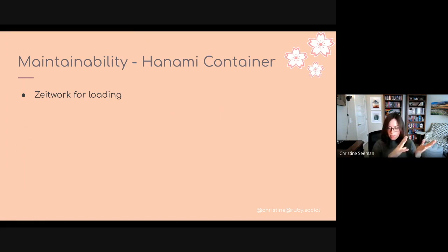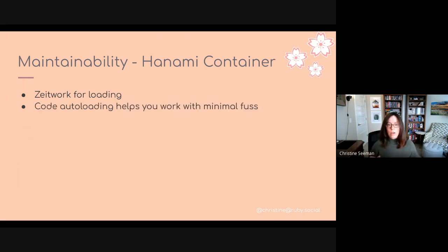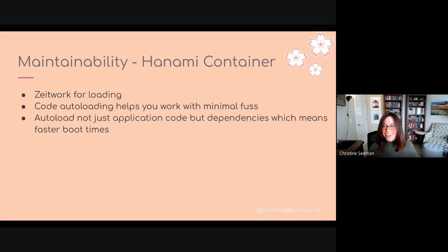Before it used to be classic for Rails, and you had to switch over to Zeitwerk. I think it's version 6. And so now this is actually the top of the line code loader with Hanami. So stuff loads fast, and it helps you do that with not much effort. It's the default. And what it helps with is that efficient, thread-safe code loader, it does it fast